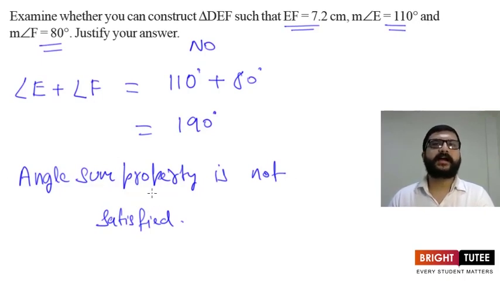So till now we have learned how to construct a triangle if all the three sides are given, that was SSS criteria, and then we have seen when two sides and the angle included between the sides is given to us, that is SAS criteria. And now we have learned how to construct a triangle in which two angles are given and the side included between them is given to us, that is ASA criteria. So now we are left with only one criteria, that is RHS. So it means now we are going to construct right angle triangles in which the hypotenuse is given to us and one of the side lengths is given to us.